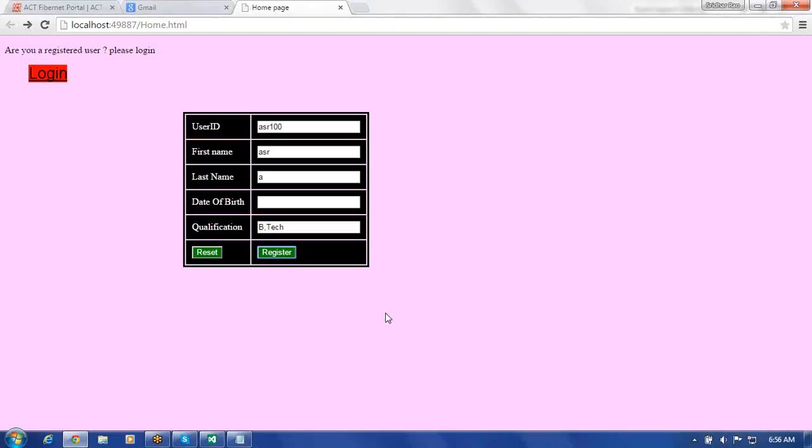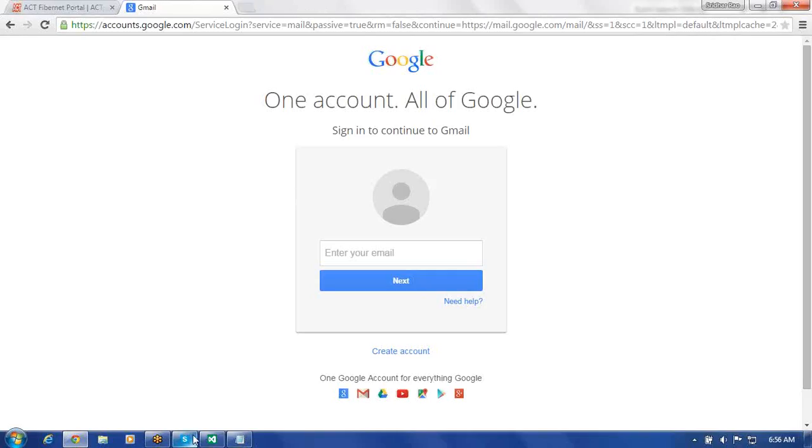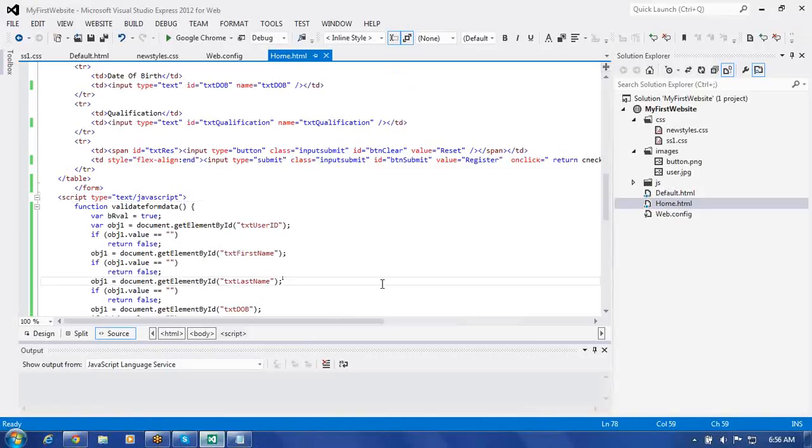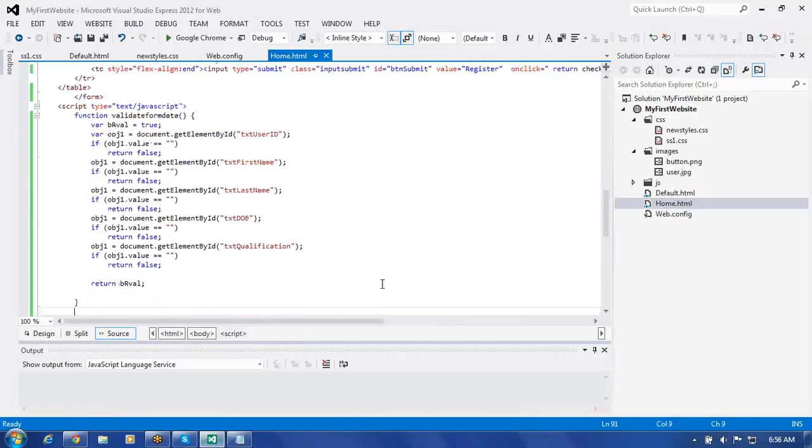Now let us try to handle the server side. This is exactly only the client side. We need to write now in the server side. When you submit data from this, it should go to server. So for that, what is required? A server side page is required for us. We need to have here a server side page. What is the server side page for us here? It is